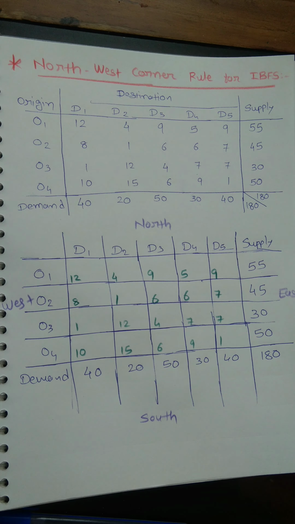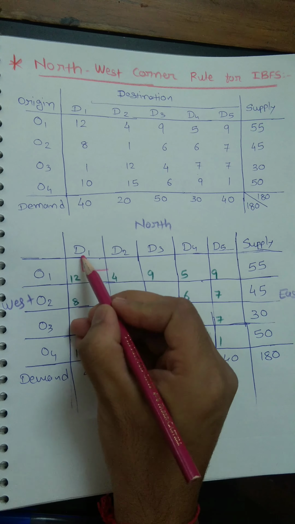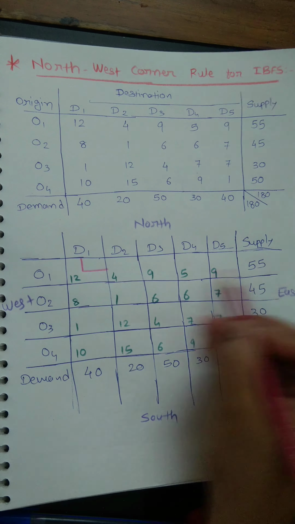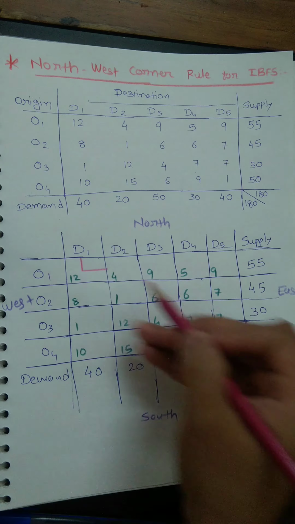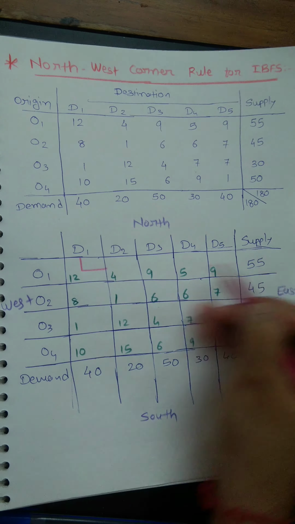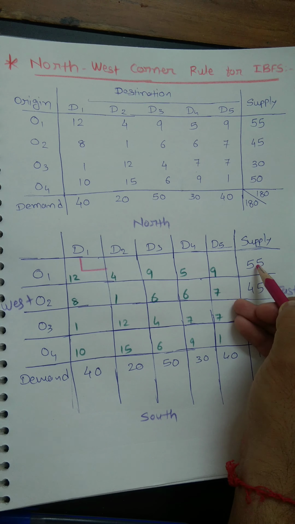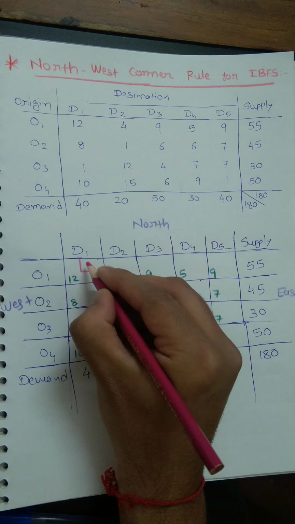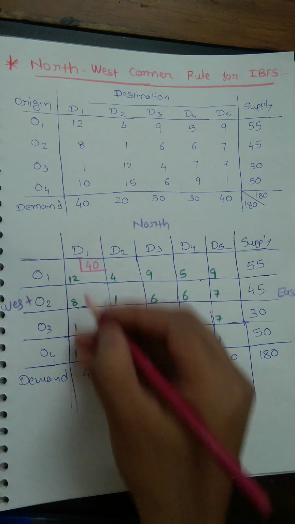Let me use another color for the allocation. Let's say we are allocating the units in this box. Wherever we allocate, we will use this type of box. Check for the respective supply and demand. Whatever you find, the minimum of them should be written over here. So supply for this particular cell is 55. Check the row and check the column also, and demand is 40. So here demand is lesser than the supply, so we will pick the lesser one, whichever number is less we will write over here.